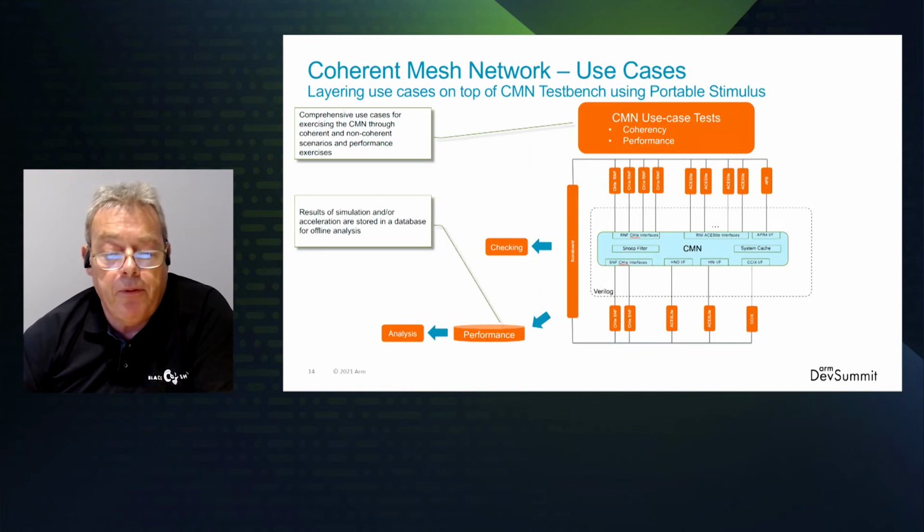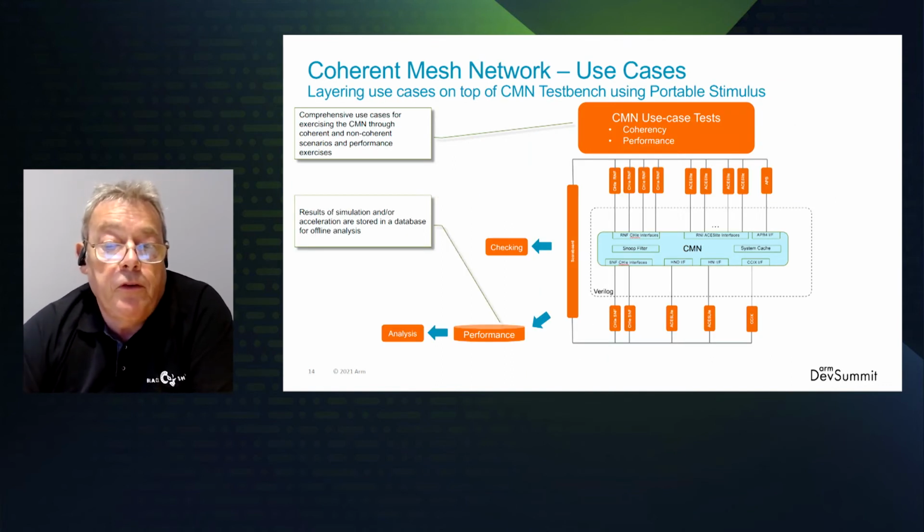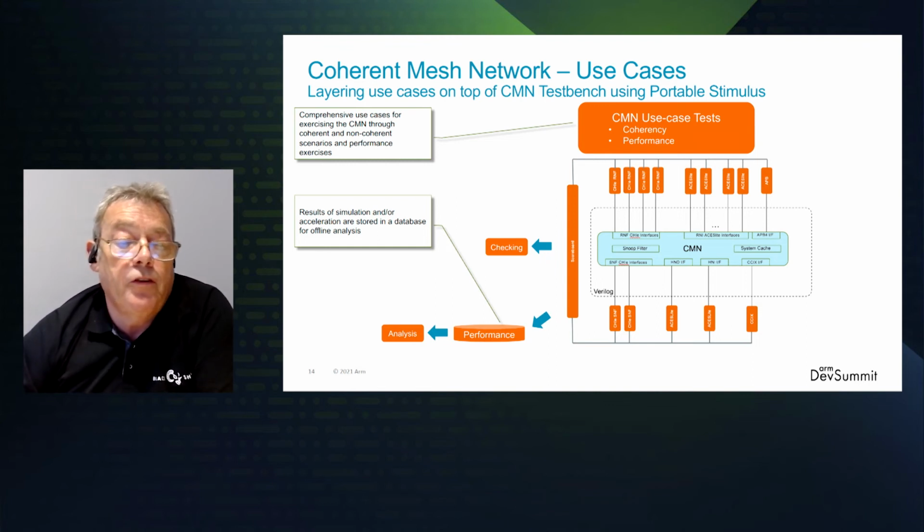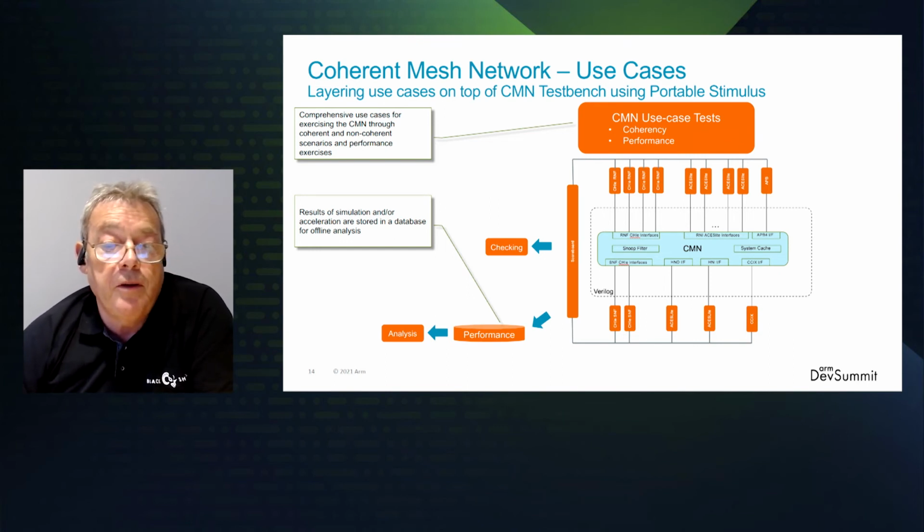The next step, once a test bench is built, is to add comprehensive stimulus. This is easier said than done, especially if you're creating coherent use cases, which are further complicated when PCI Express is added into the mix. Also, creating performance use case content is pretty tough, as there is a need to model coordinated traffic threads on multiple interfaces. An industry standard solution to the use case creation challenge is the Accellera Portable Stimulus Standard, PSS for short,